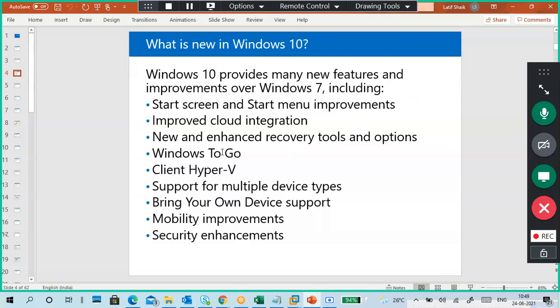Okay, Windows To Go, I think I explained it, but if I didn't, just leave it, it's not the time. Windows To Go, I explained it only once, I think, but I don't know how many people know.